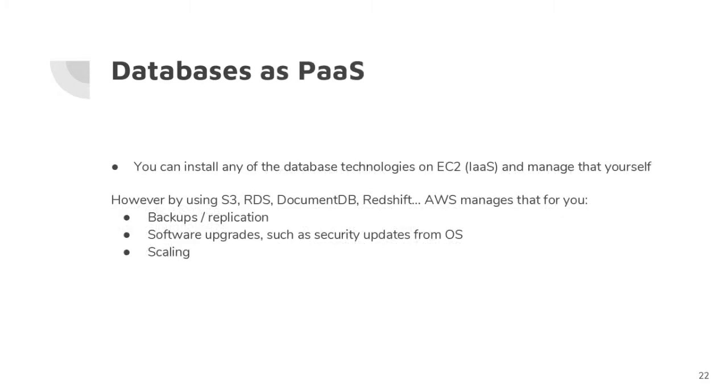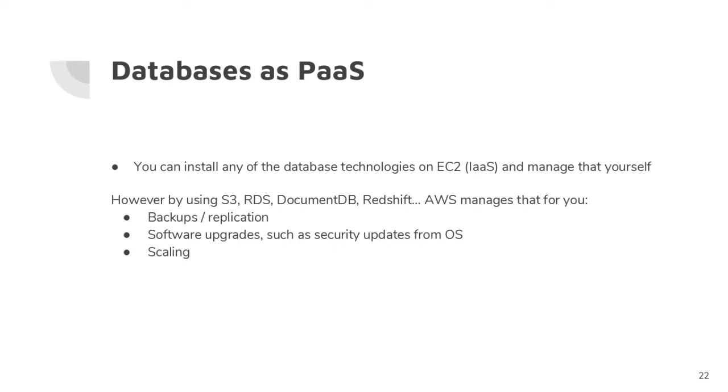So, like the question also from Carlos, does AWS offer any graph database? You can always install any database technology using an EC2 instance, and then install that yourself. However, if you use S3, RDS, DocumentDB, Redshift, AWS does a little bit more, so it also does the management for you. That means it takes care of backups, it takes care of replicating data,